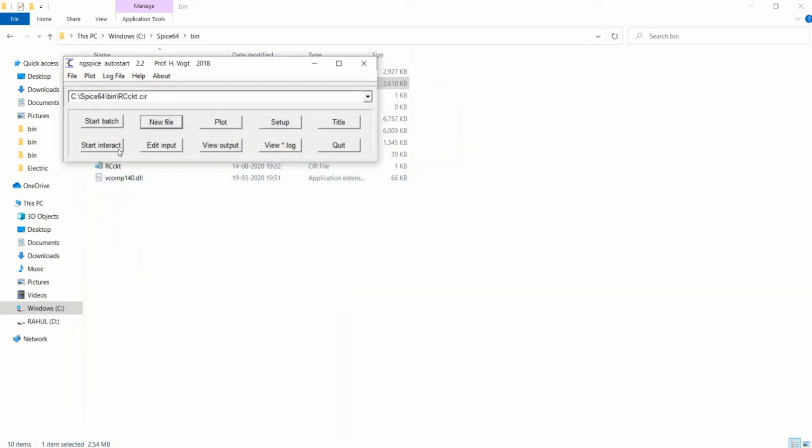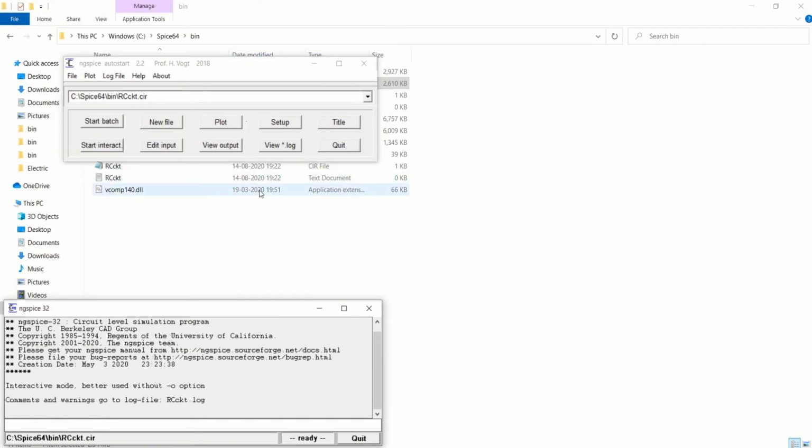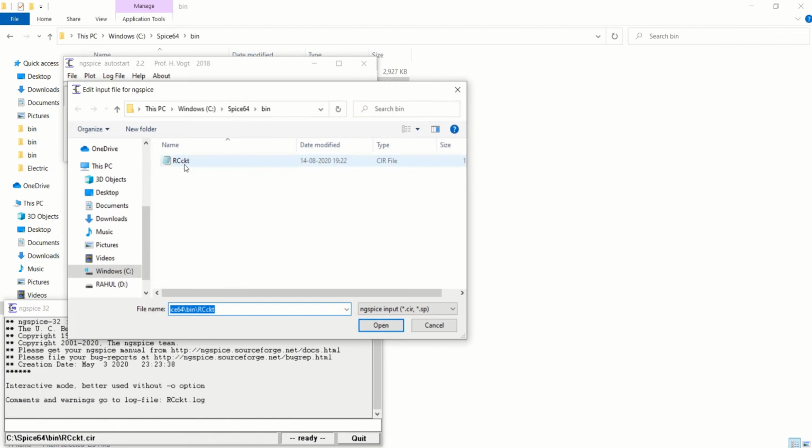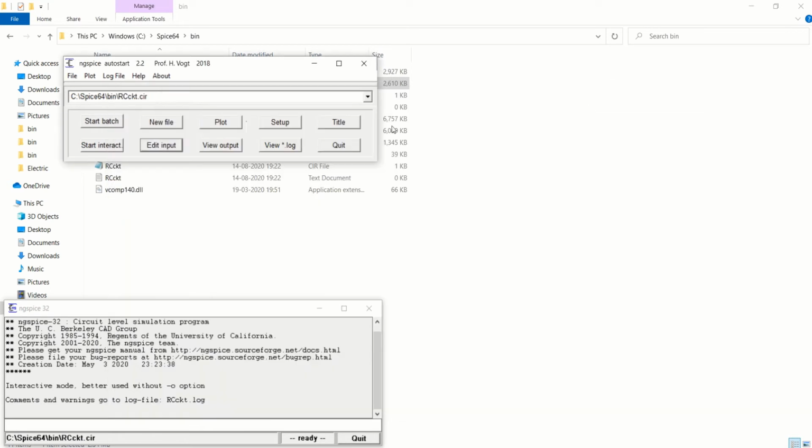Open it and you can click start interact. So it directly opens the response of the RC circuit. Either you can edit those inputs, suppose you select this and you can edit whatever you want to change and run from here.